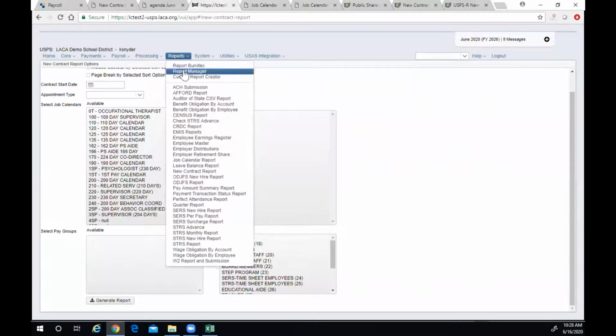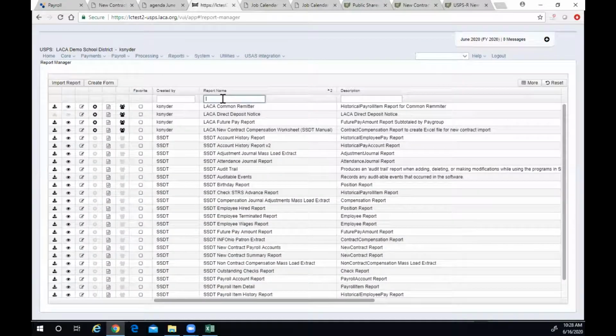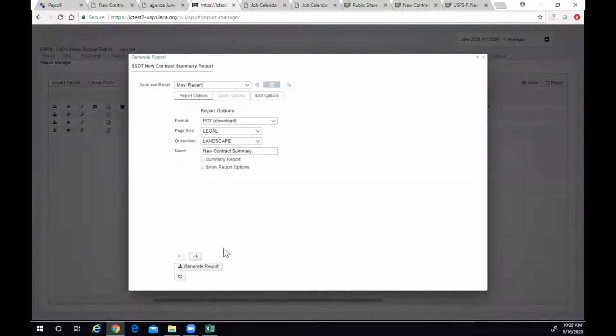There are additional reports in the report manager. So the LACA report, that again was for the extract, the starting point for your spreadsheet. These other reports are in your software from SSDT. So the SSDT new contracts payroll accounts and the SSDT new contract summary report. Those are going to help you review what's sitting in new contract right now. So if we generate those,